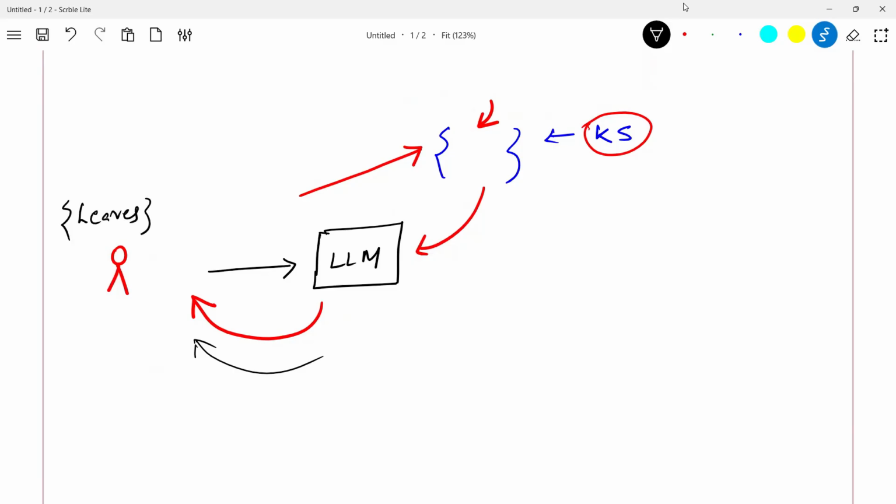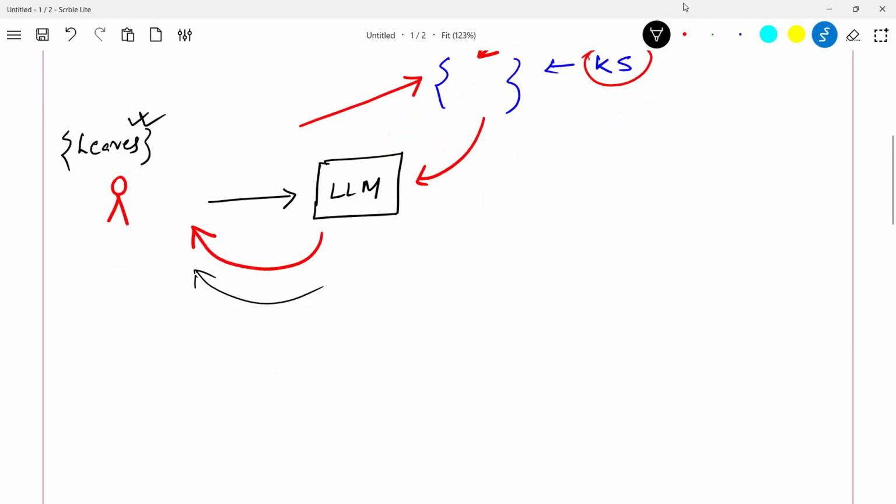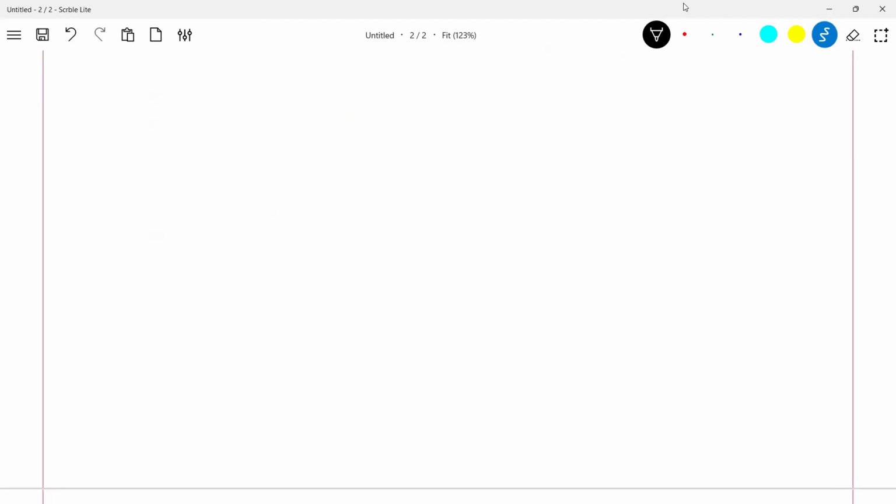What the RAG system is going to do is go to this knowledge base and search the keyword leaves, or maybe a semantically richer search. I'm not saying it will always be a word search, but it will just go and search something around leaves. Now, there is another way in which this search can happen. Let me try to show you what that is.